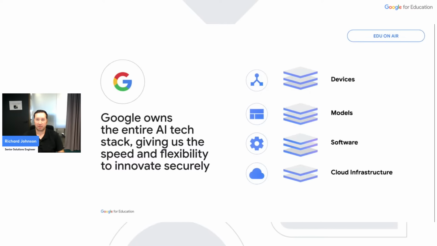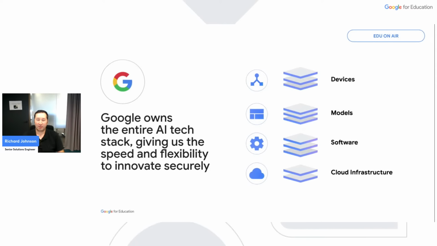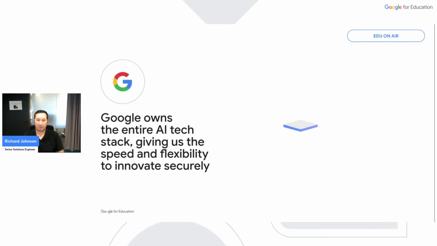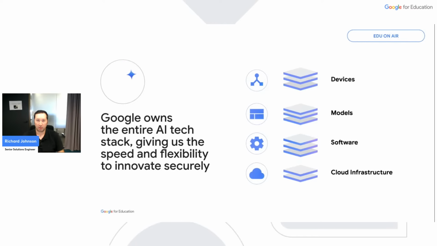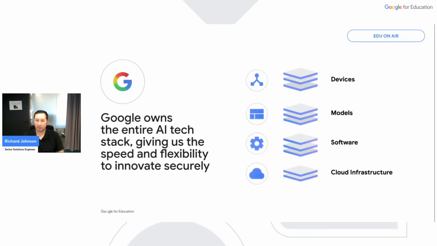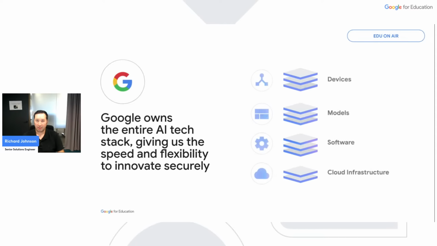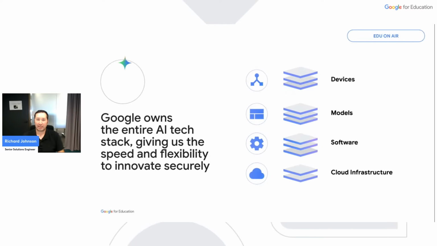One of the key differentiators is that Google owns the entire stack across the software, the models, the devices, and the cloud infrastructure. You can see here at the software layer, we have the apps for productivity, Gemini and Google Notebook LM. At the model level, we have Learn LM and Gemini. At endpoints, there is Chrome and Android, which you're familiar with, followed by our cloud infrastructure, which is powered by our in-house TPUs. When you own the whole stack, it gives you a clear advantage, especially when it comes to security.